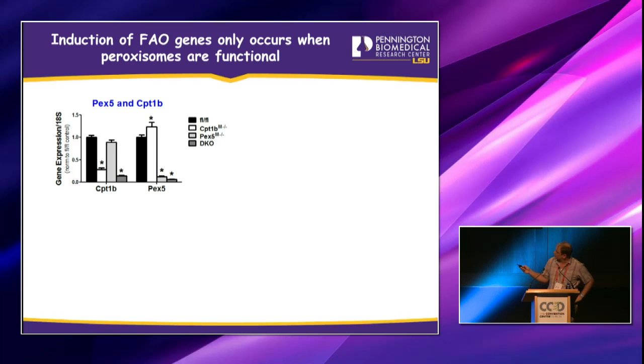So what this graph shows is basically just confirmation of the genotype. When we measured CPT1 expression, you see that it's lower in the CPT1 and double knockout animals and unchanged in the PEX5 knockout animals. When we looked at PEX5 expression, you see that PEX5 is lower in the PEX5 knockouts and the double knockout animals, but it's actually increased in the CPT1 knockout animals, again, supporting increased peroxisomal compensation in